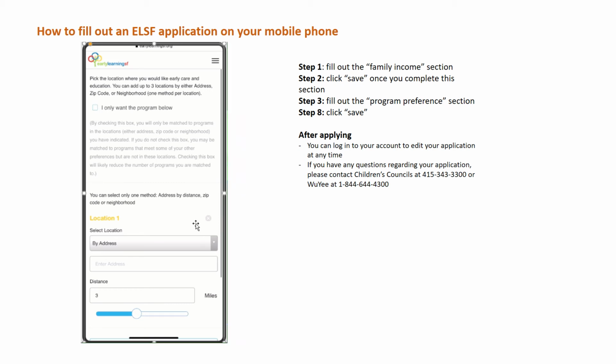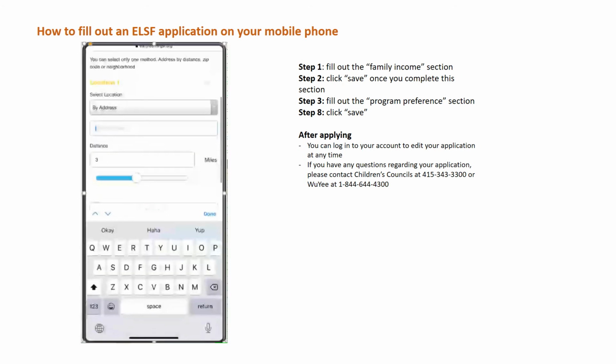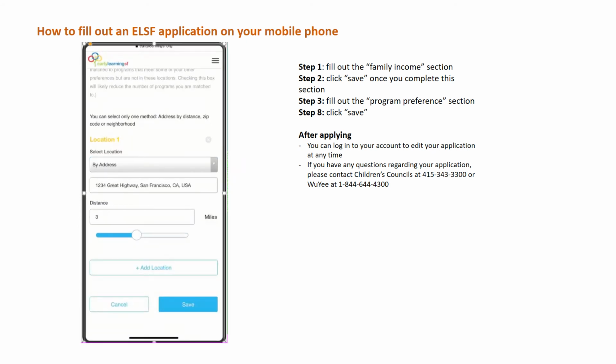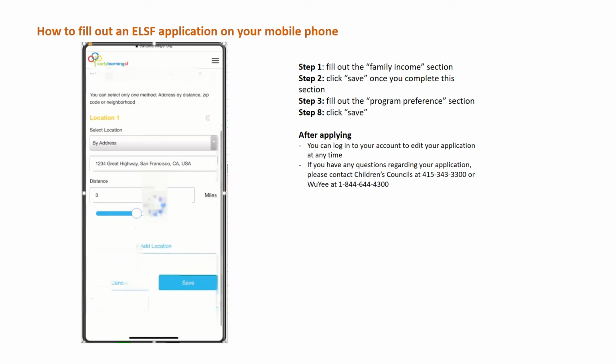Please know you may add up to 3 locations. By default, you will be asked to provide an address, and you just want to put one that is convenient for you. You then want to let us know the distance you want to search within that address, and you can use the slider by decreasing or increasing the mile radius. Once you scroll up,